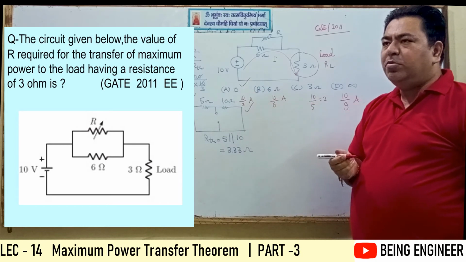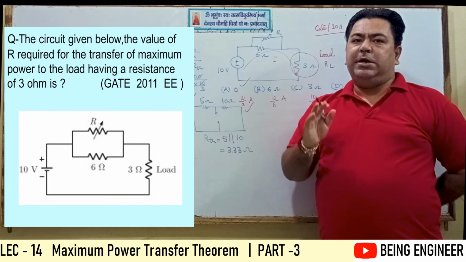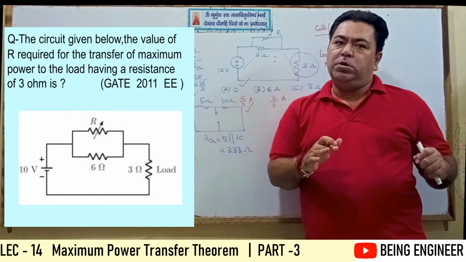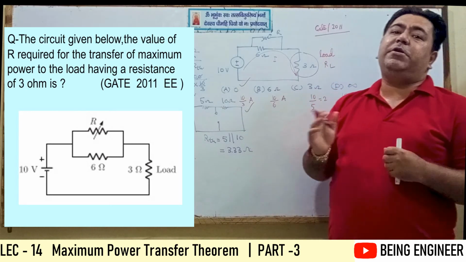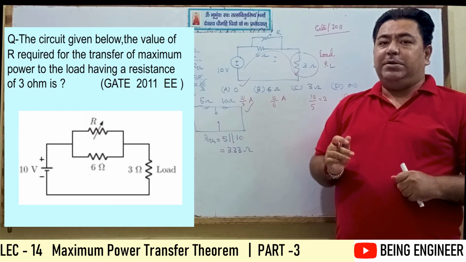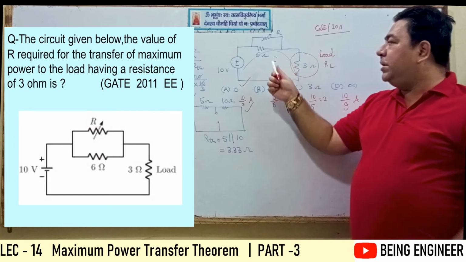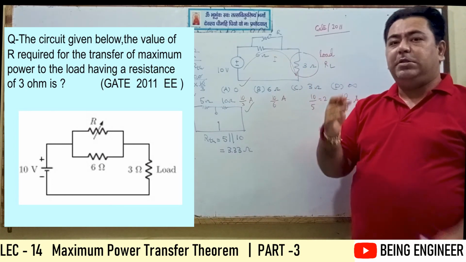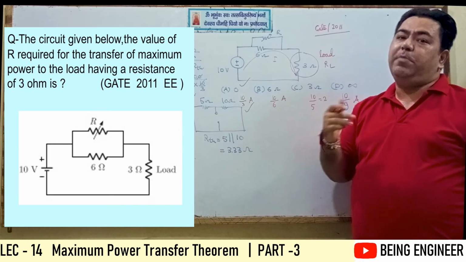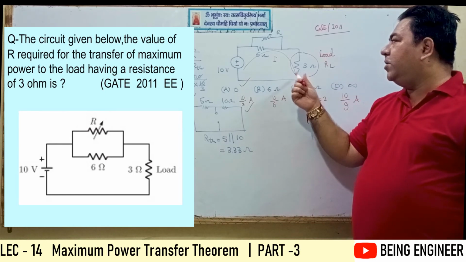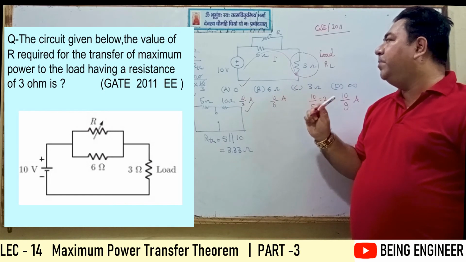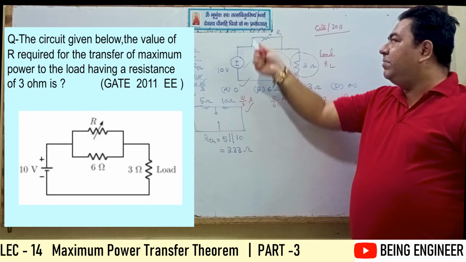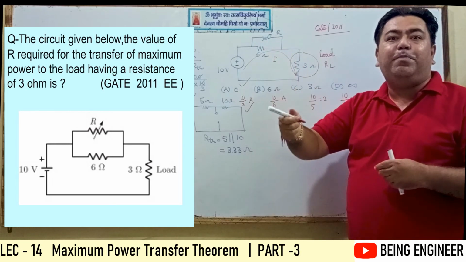What I want to convey to you is that it is correct that in any DC circuit, for transferring the maximum power from source to load, load resistance should be equal to the Thevenin resistance. But it is also important that we have to calculate the current from source to load. When it gets maximized, then power transfer will also be maximized. So you should be very careful in solving such kind of problem. कि लोड रेजिस्टेंस थेवेनिन रेजिस्टेंस के बराबर होना चाहिए, लेकिन थेवेनिन रेजिस्टेंस 0 हो गया तो